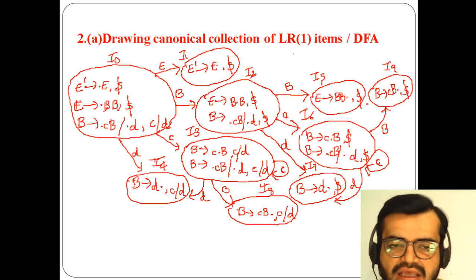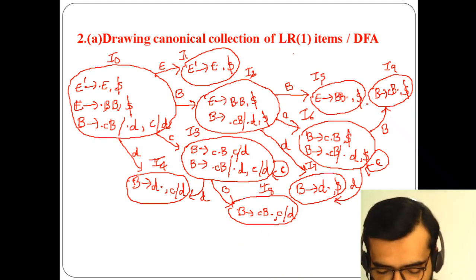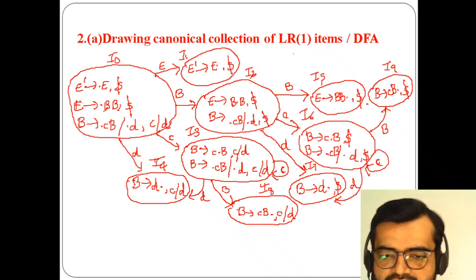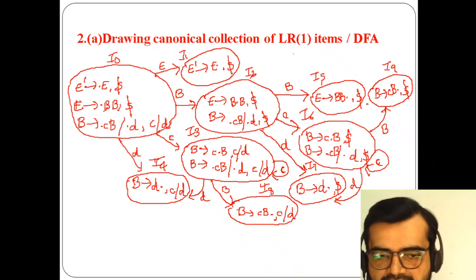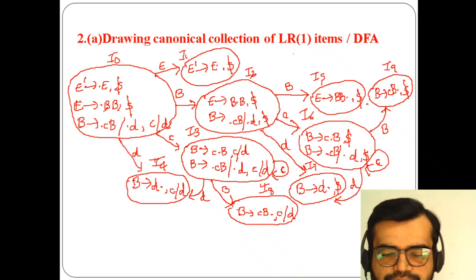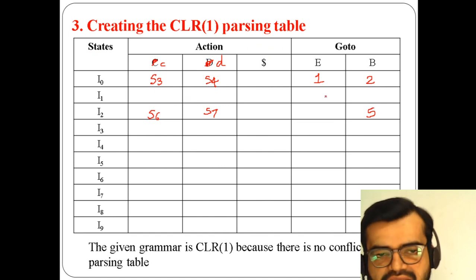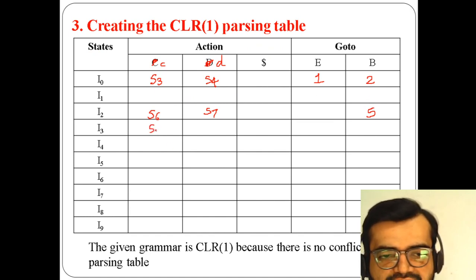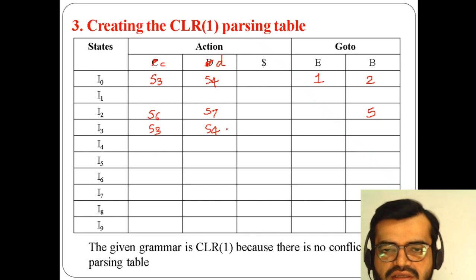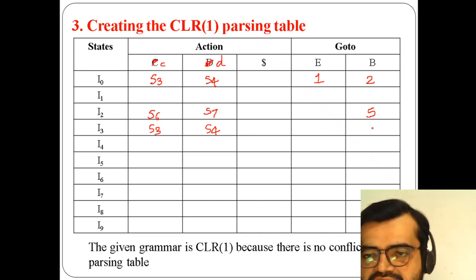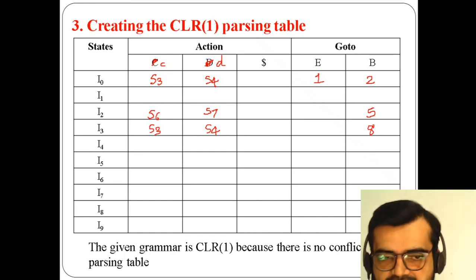What is that? I3. If you go in I3, what happens is that I3 uses a self loop with the help of C. Okay, and it is going to the 8th state with the help of B, as well as to the 4th state with the help of D. So here in I3, it is using a self loop, so that's why S3 only, the same state, and it is going to the 4th state with the help of small d, and it is going to the 8th state with the help of B. So I'm writing here 8. So this is regarding the 3rd state, I3.